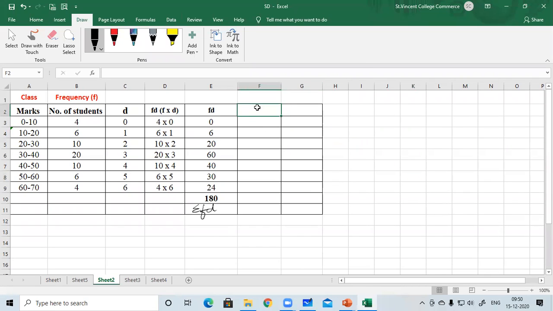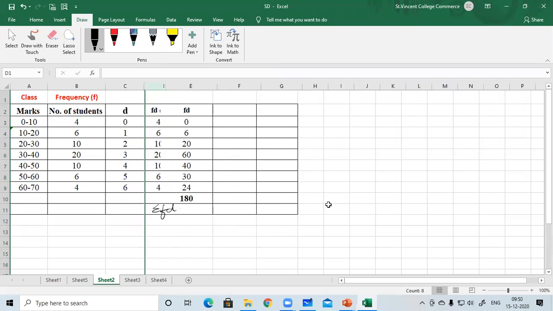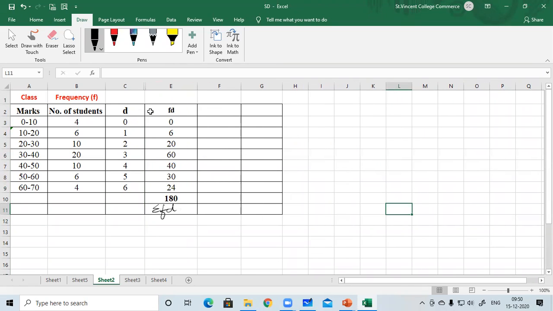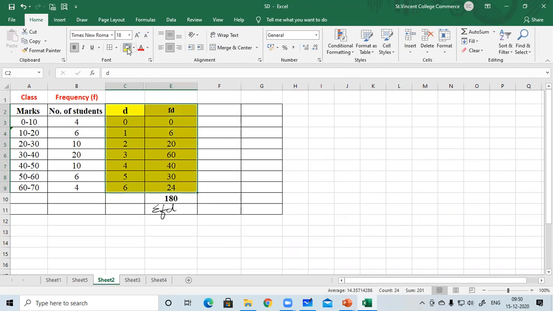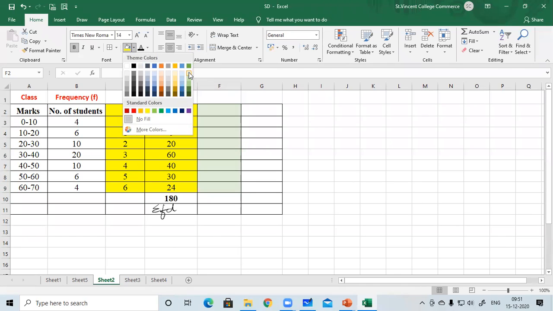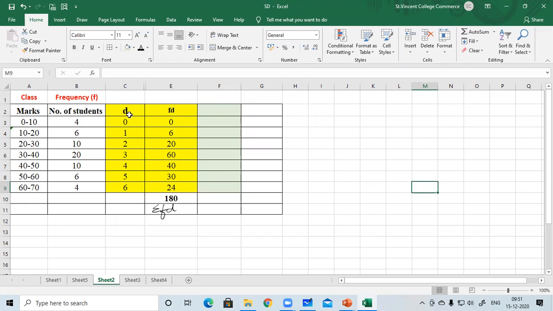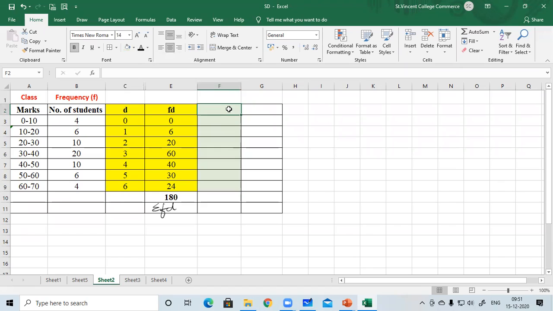Now here you need FD square. Now, how to do FD square? It's a very simple trick. You don't need to find D square and you don't need to find FD square. All you have to do is multiply these two columns, and you will get the next column. What we need right now is F into D square. So what we have to simply do is multiply D into FD, and you will get FD square. So the next column we need,